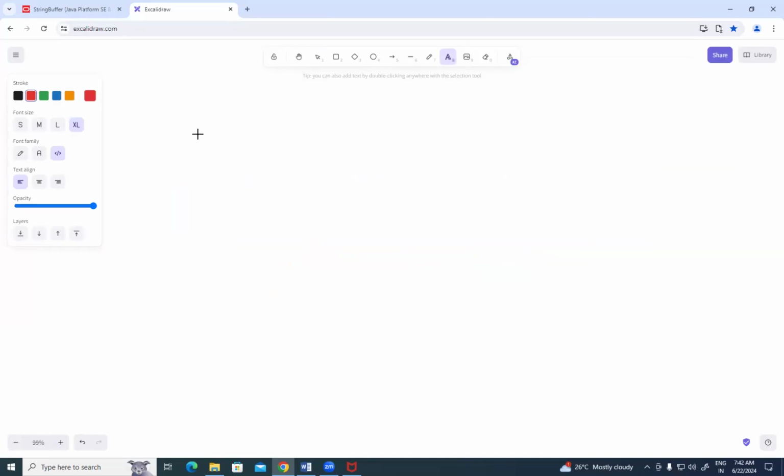String buffer objects are not created in the string constant pool, guys. They are directly created in the heap memory. For example, I'm creating a string buffer object like this: StringBuffer sb1 = new StringBuffer("Ashok IT");